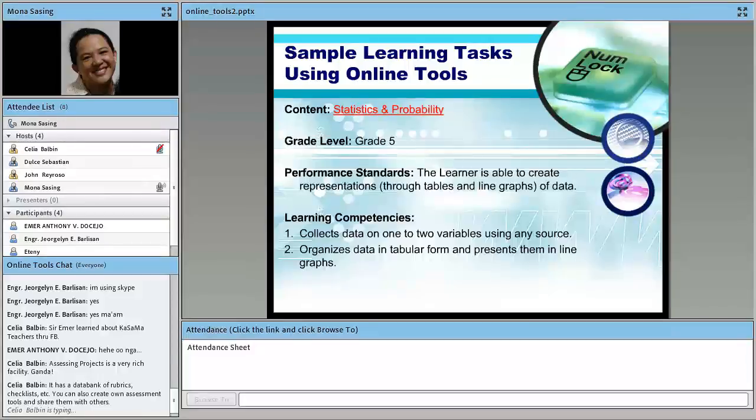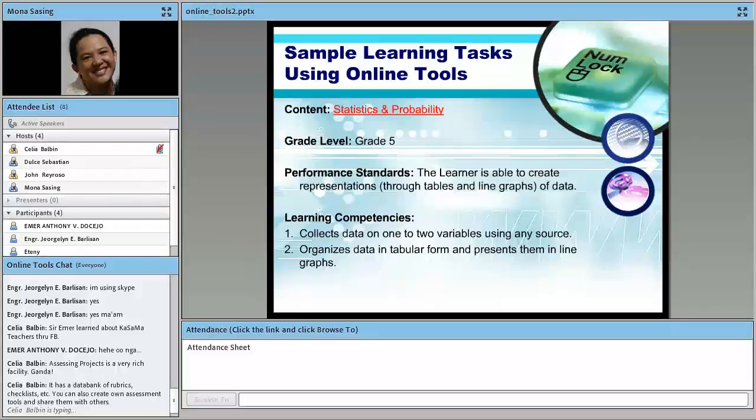So the learner is able to create representations through tables and line graphs of data. And the learning competencies that you'd like to address are the following: collects data on 1 or 2 variables using any source. Then the other one is organizes data in tabular form and presents them in line graphs.